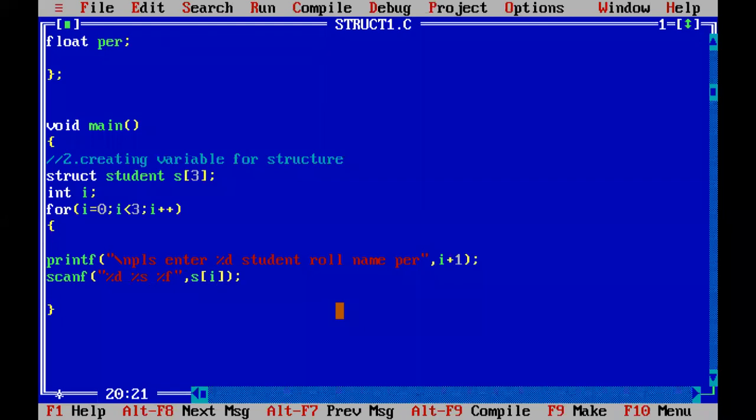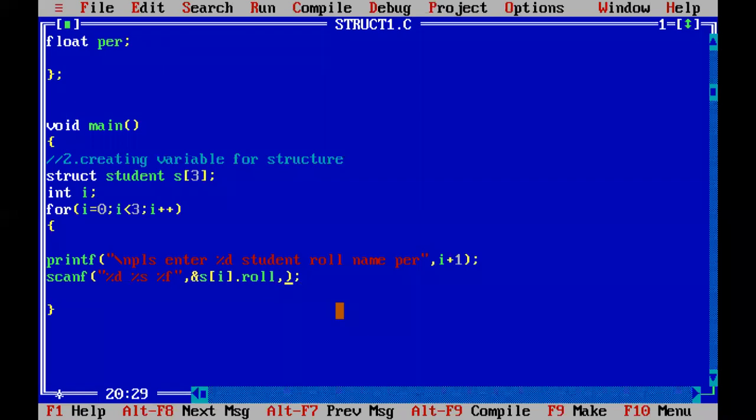What is the first value of i? 0. That means we are talking about the first student. So s[0].roll, where you are going to store the roll number. As we are talking about a roll number, we have to use the address operator.